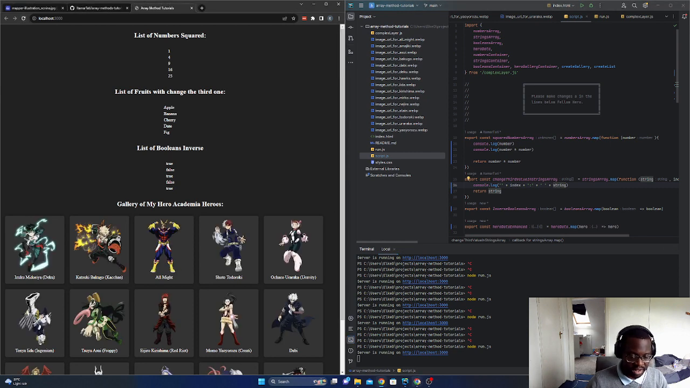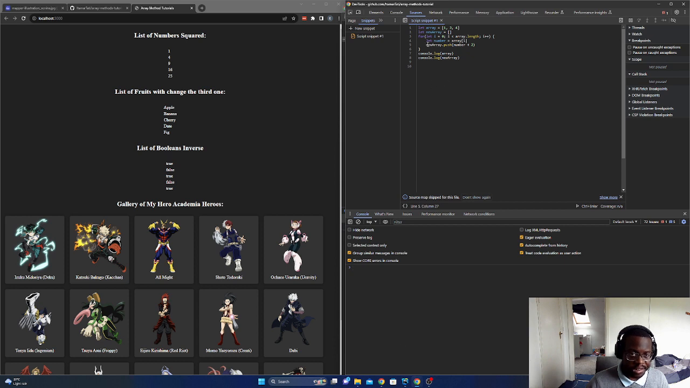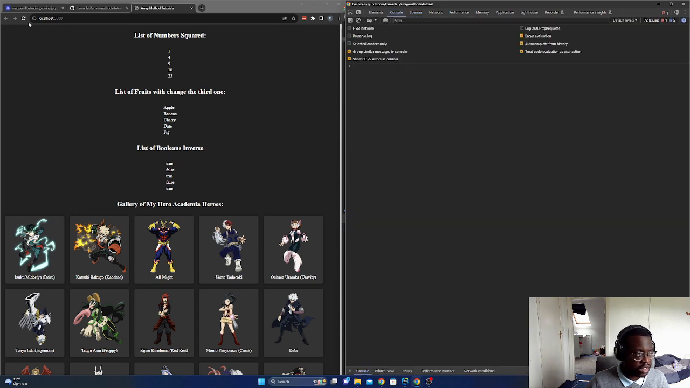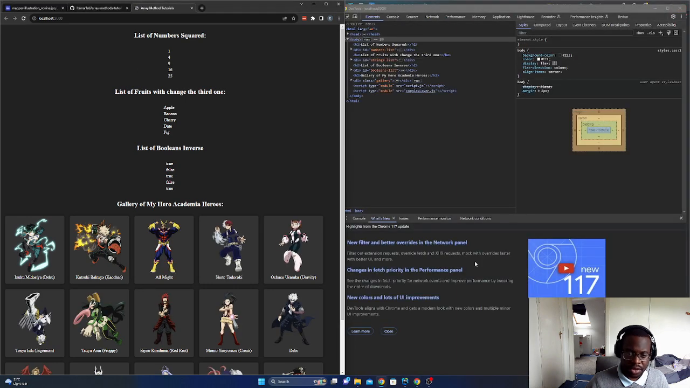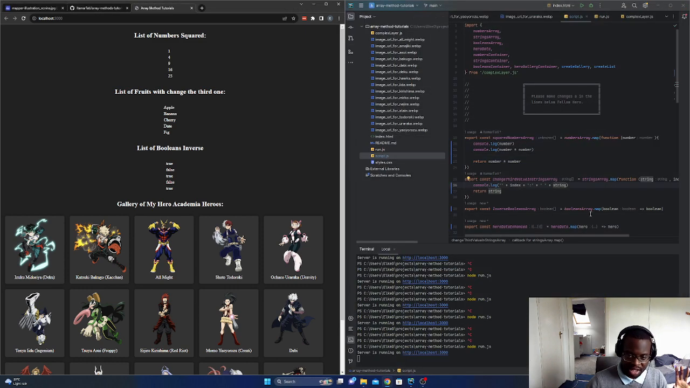Yeah, let's refresh again, and then after we've done a refresh, we want to go straight to the console. Oops. Yeah, so here's the console. Okay, so index 0 is apple, index 1 is banana, index 2 is cherry, index 3 is date, and index 4 is fig. So because I know that cherry is always on index 2, the third element, and because .map